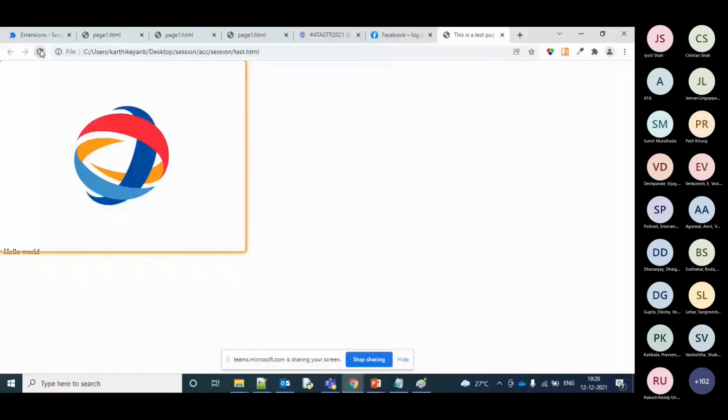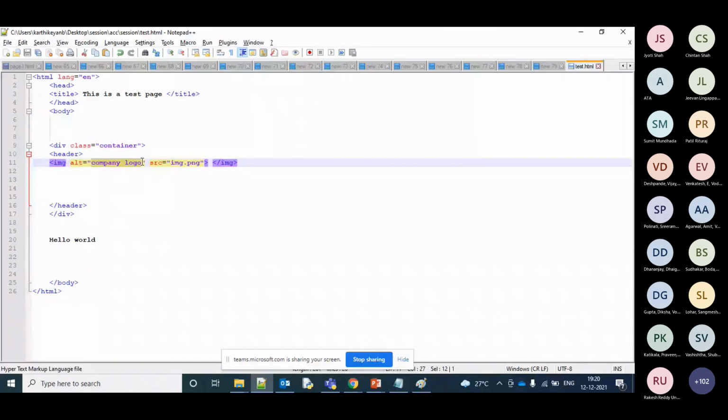I'm just going to refresh it and you'll see: this is a company logo. This is a test page. Company logo. Header. The alt text we have given has been read out. Pretty good.